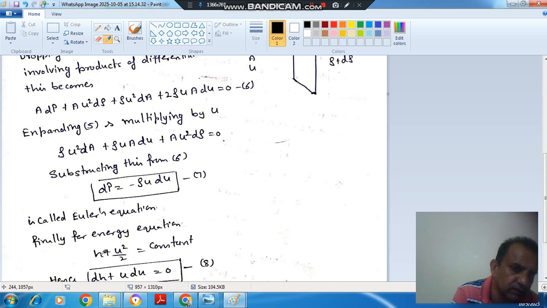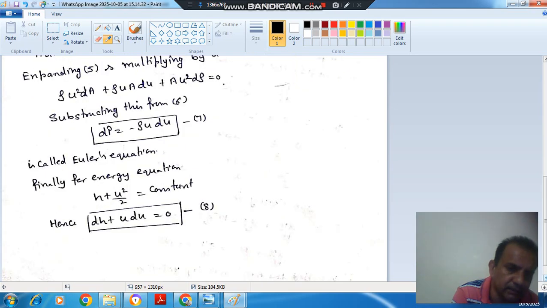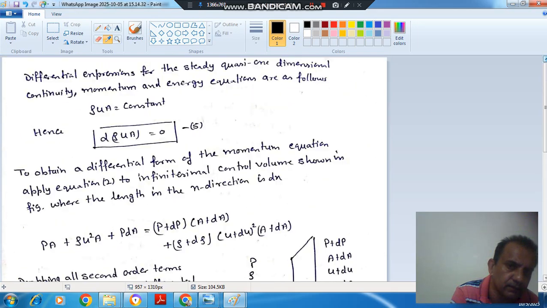And the energy equation is H plus U square by 2 is equal to constant. So if we differentiate it, it will be dH plus 2U du by 2, or the 2 will cancel out, it will be dH plus U du is equal to 0. So this is your energy equation in differential form. This is the combination of the momentum and continuity equations, or it is called Euler's equation. So these are the governing equations in quasi one dimensional